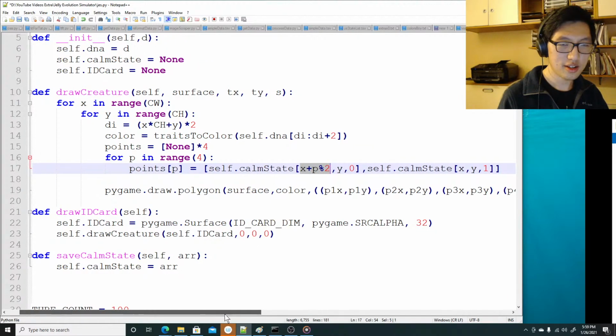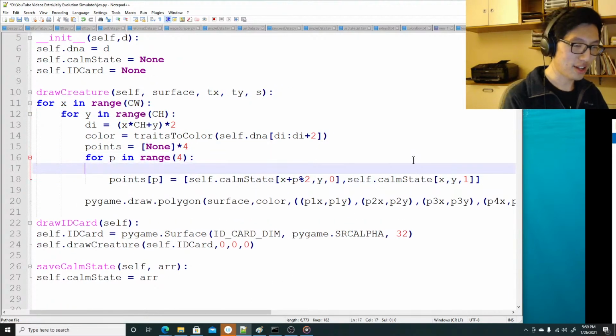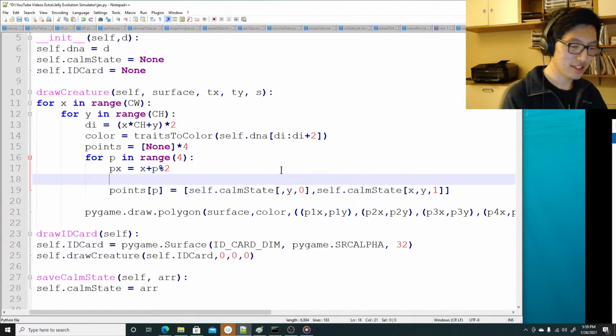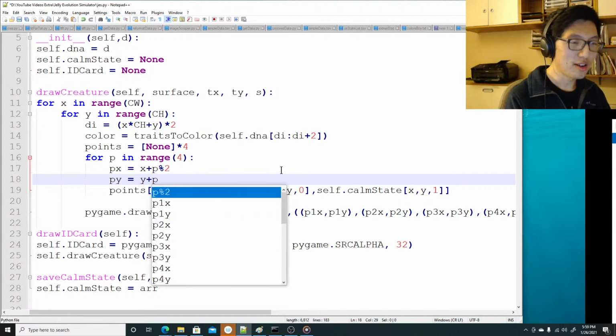Wait, is this right? Yeah, x plus p. Wait, no, let me make this another thing. Let me call this point x, and then this is this, and py equals y plus p integer